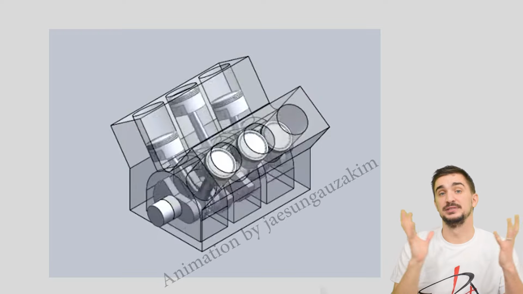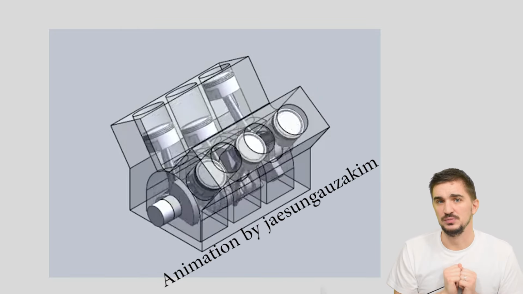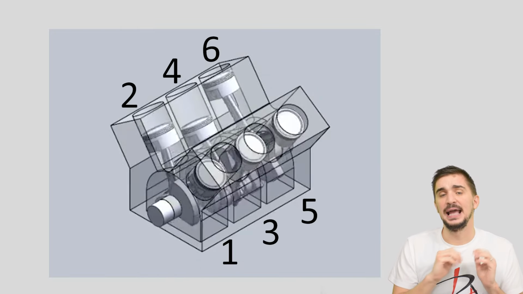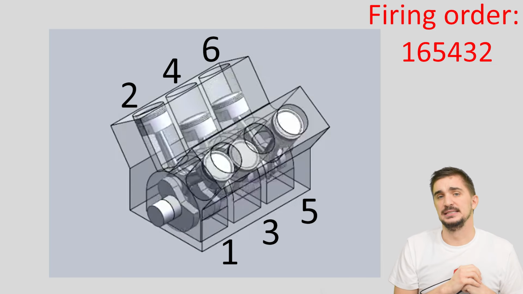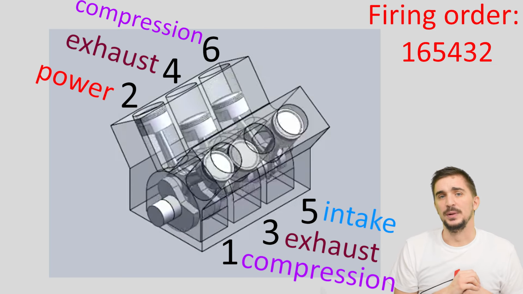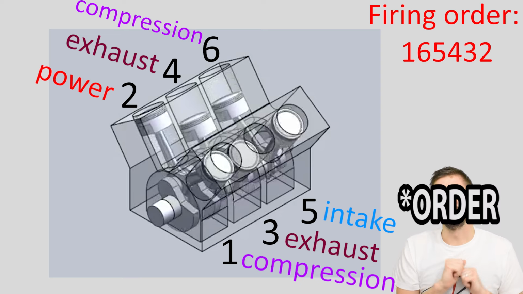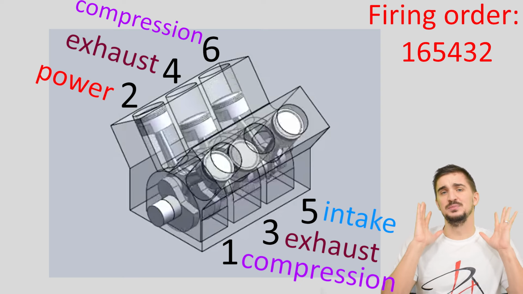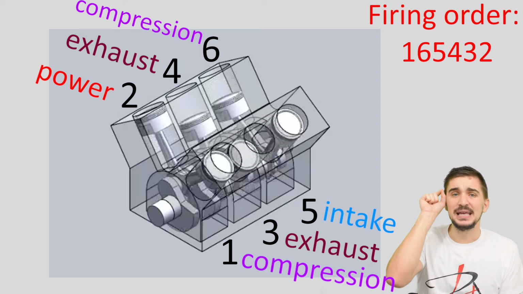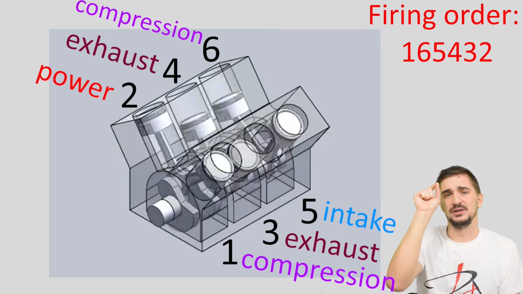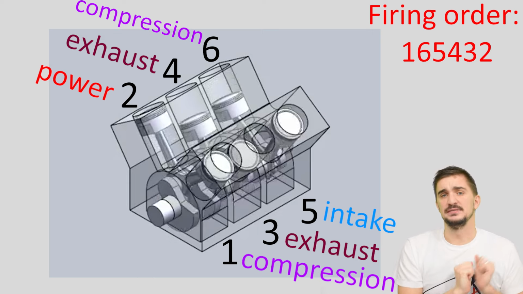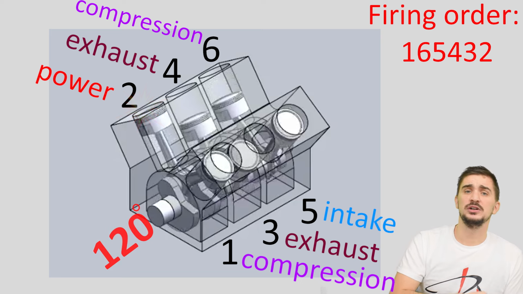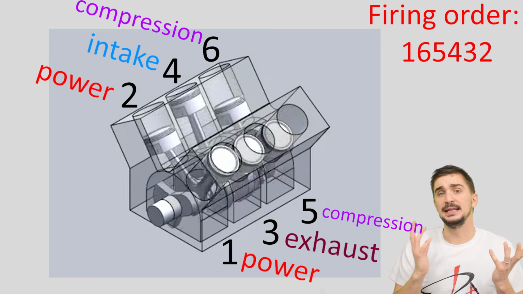So here's the representation of that engine: the engine block, here are the cylinder numbers, here's the firing interval, and here's what each cylinder is doing at a particular moment in time. As you can see, the firing interval is kind of weird. Now, to better explain things, we're going to start from the end of the firing interval, from cylinder number 2. So let's fire cylinder number 2, and then let's rotate 120 degrees because we want to try and maintain an